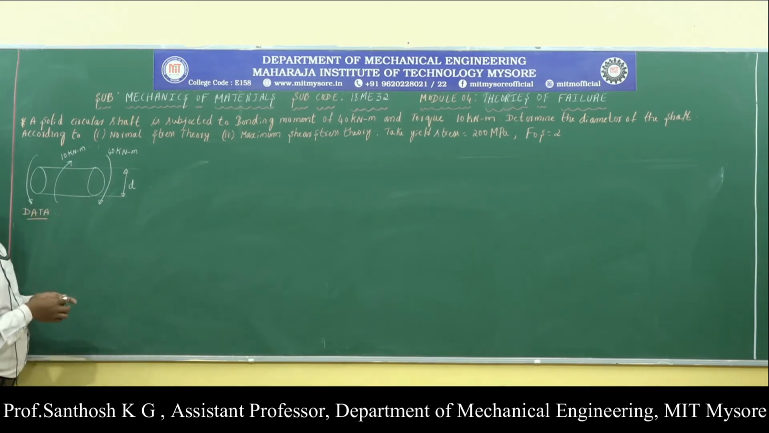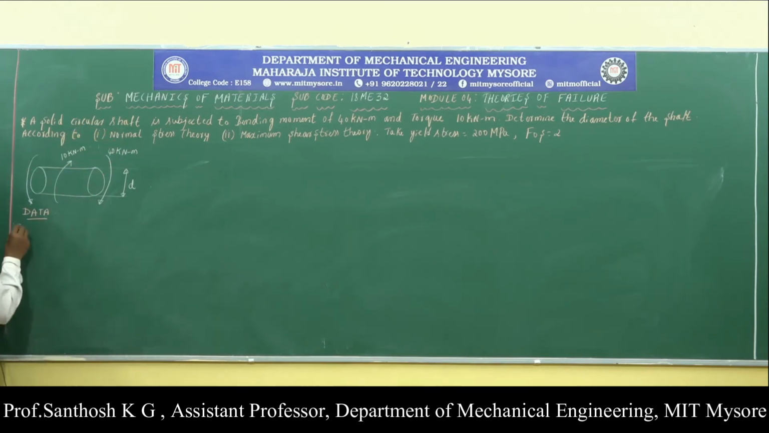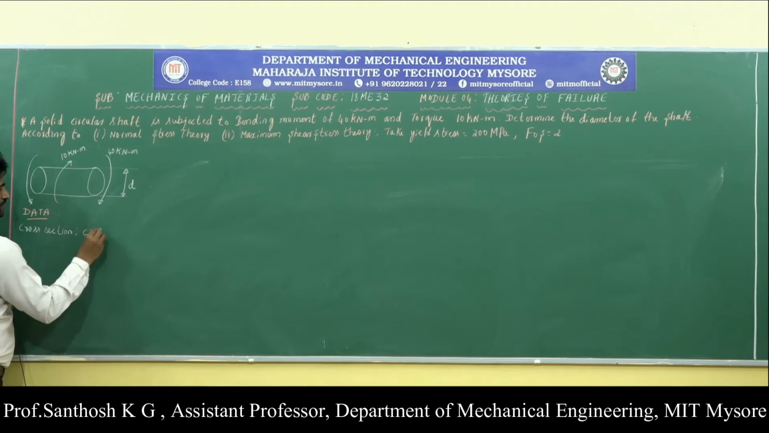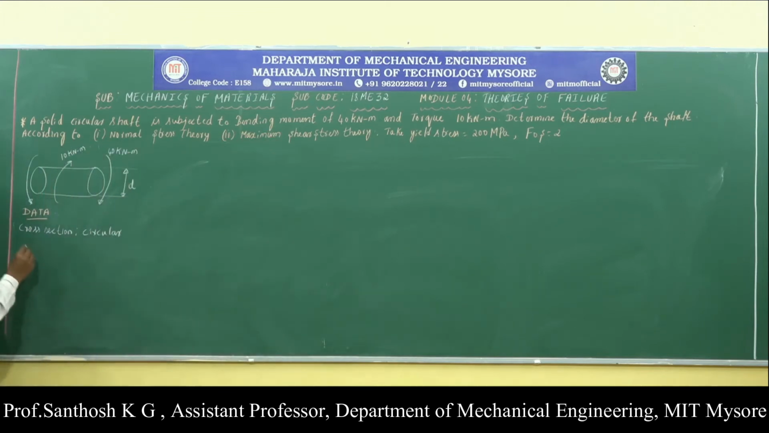The first data is we are having a solid circular shaft. It means that the cross section of the given shaft is circular, then it is subjected to a bending moment. The bending moment is denoted by M and it is equal to 40